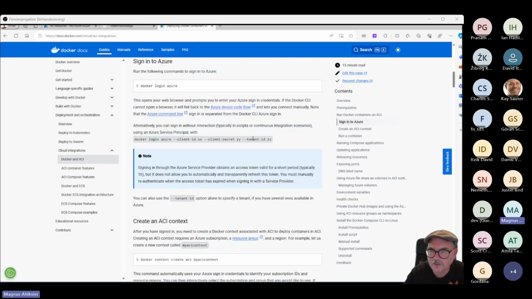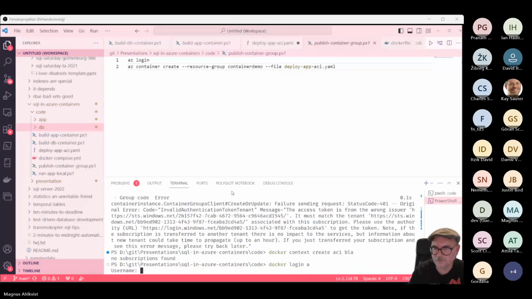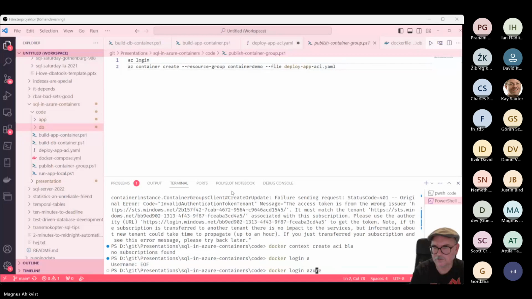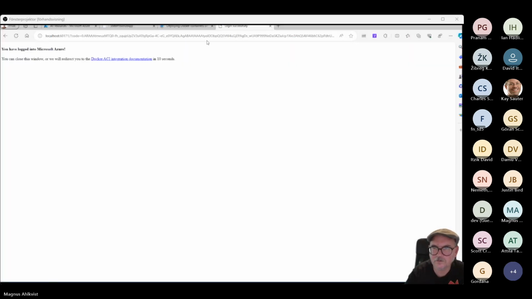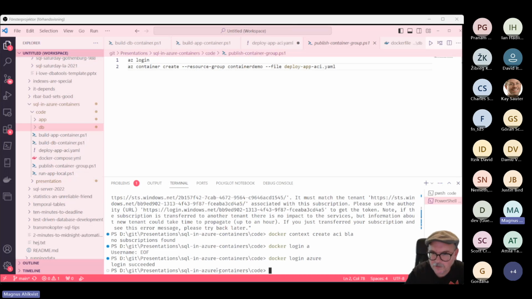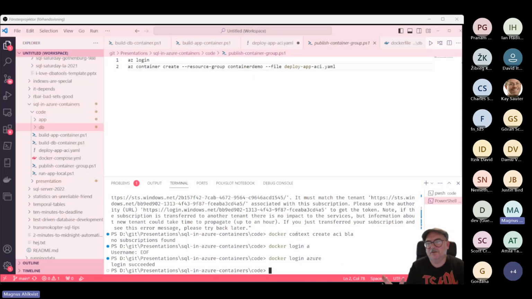So I really need to set the tenant ID. Okay. I thought that was done. What is the actual output here? It's just login succeeded. Okay, I'm not going to be able to finish this, which is kind of a pity,